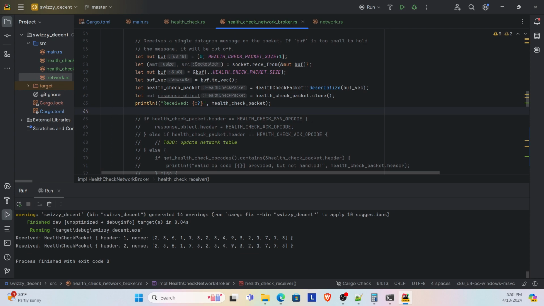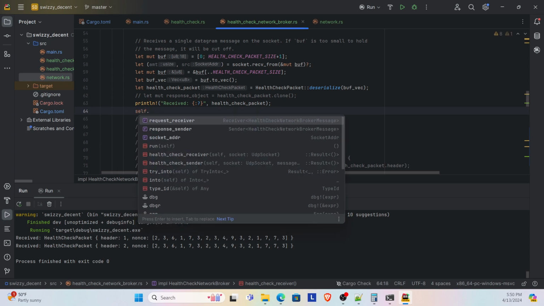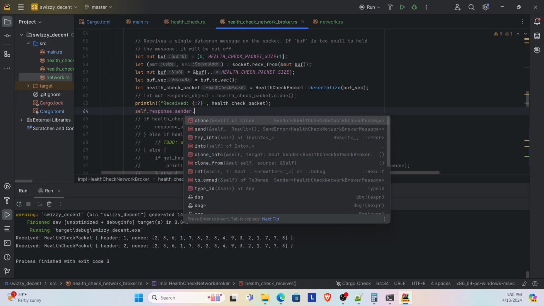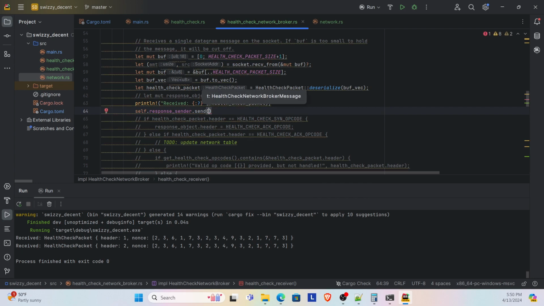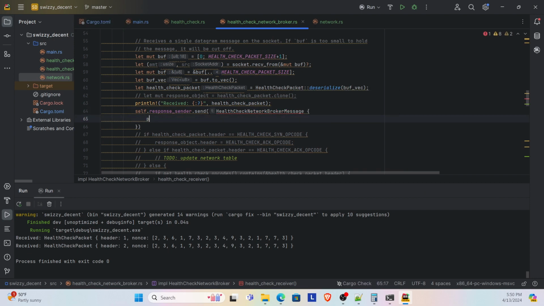we're just going to take the response object. Okay, we're going to get rid of the response object. We've got the health check packet, and then we're going to go self dot response sender dot send, and then we're going to do the health check message broker message, new. Oh, okay, so I do this, and then I go and define it, so it's going to be payload, it's going to be health check packet, and